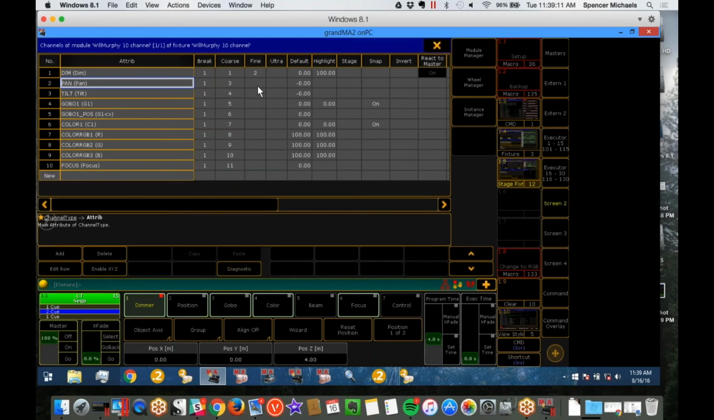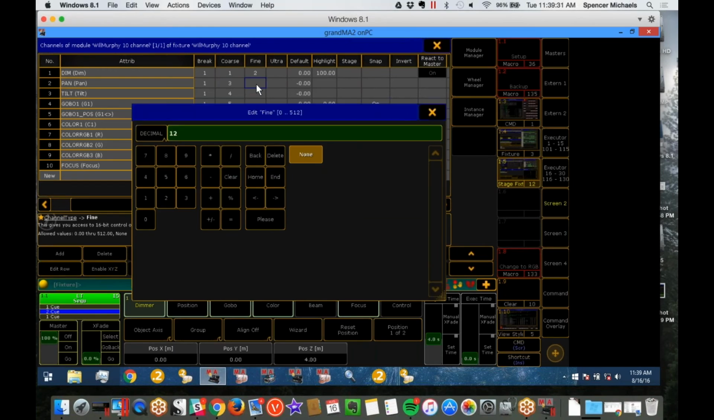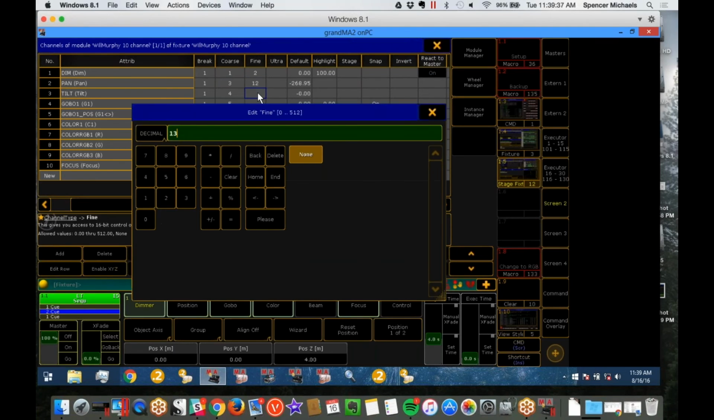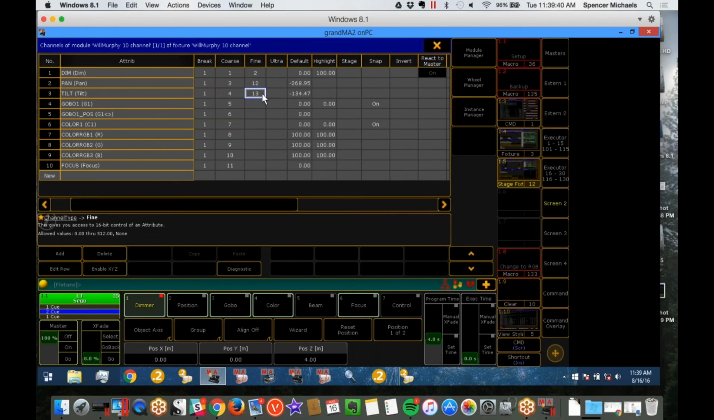Right, so that's this fine column right here. Our coarse column is for 8-bit attributes. Our fine column is for 16-bit attributes. So we see here pan is just an 8-bit attribute. Well, if I wanted to make it 16-bit, I would apply the channel number for that attribute in the fine column. We'll also make the tilt a fine attribute. So now these are 16-bit